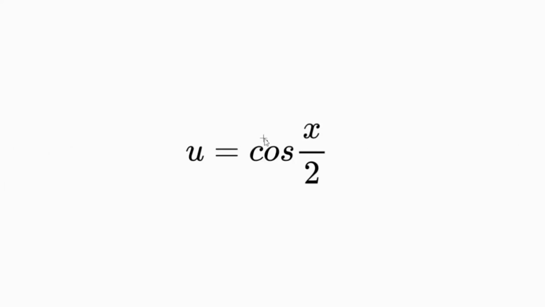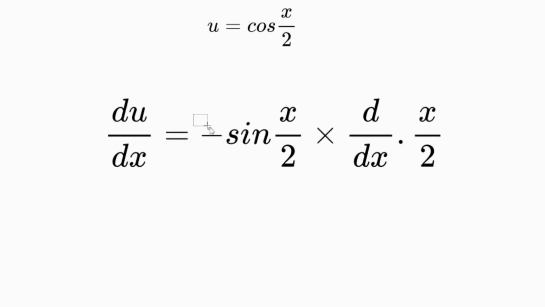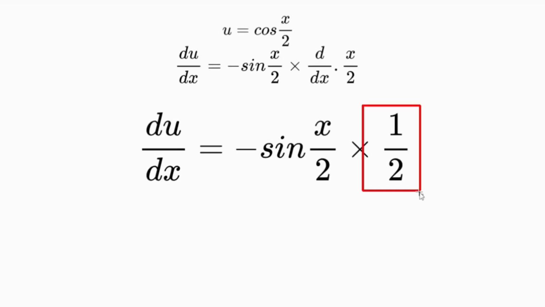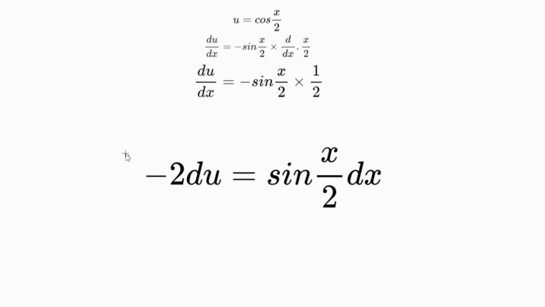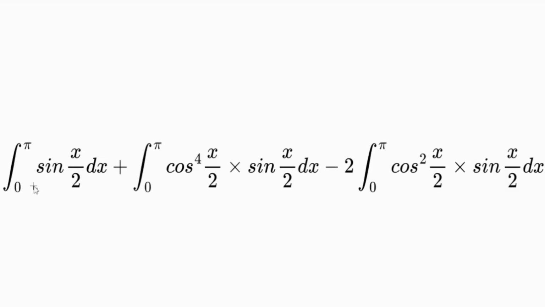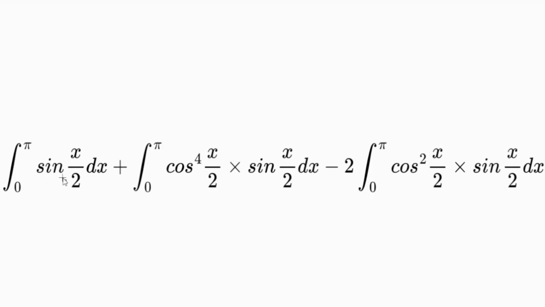Now let u be equal to cos x by 2, and differentiating with respect to x, we will get minus sin x by 2 into d by dx of x by 2. As we know, the derivative of x by 2 is equal to 1 by 2, and by rearranging the equation we will get minus 2 du is equal to sin x by 2 dx. So we will put the values in our question, and we will get